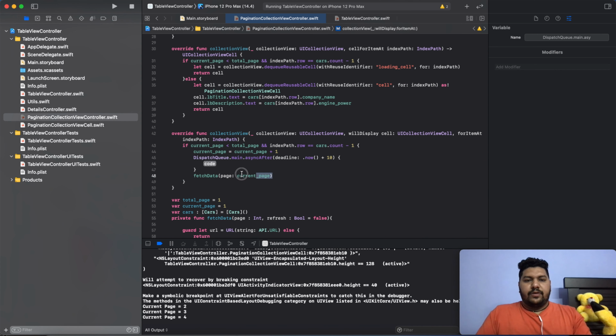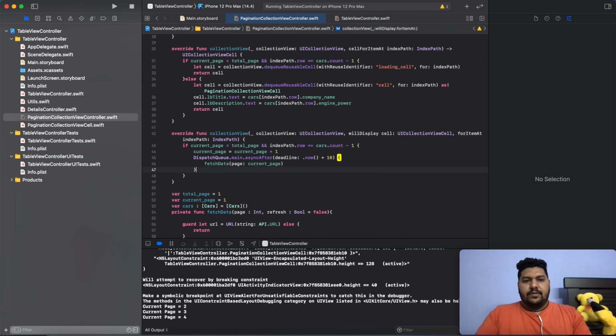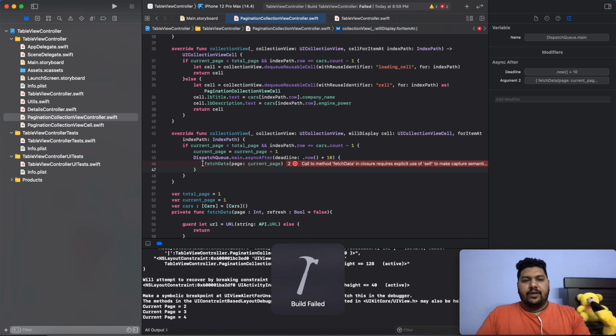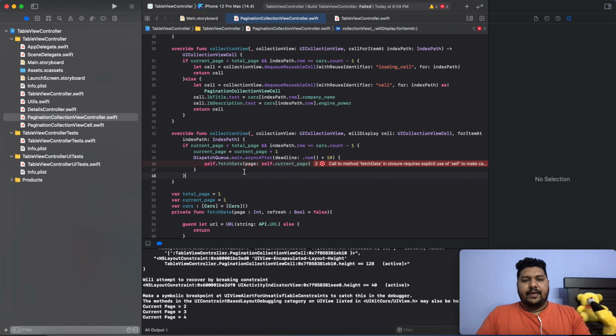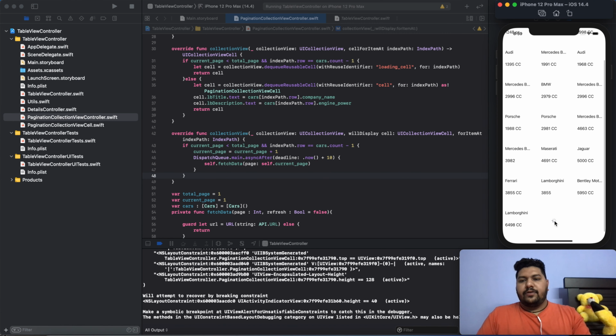So this call, now again I will run and show you the output here. First of all self, and this is also self. Now you can clearly see the indicator. On the first call the indicator is going, and the second result will come here after 10 seconds.